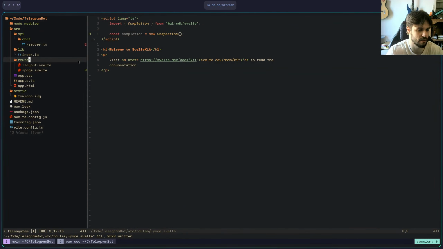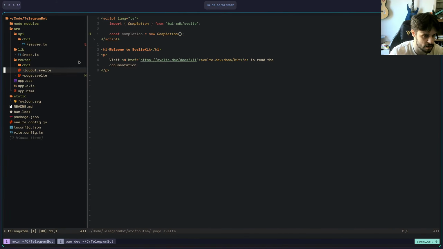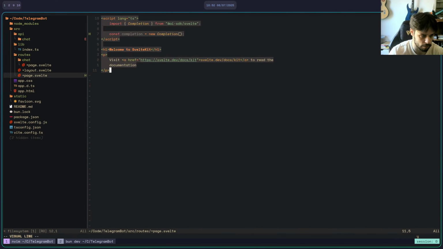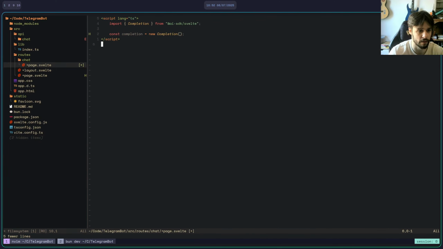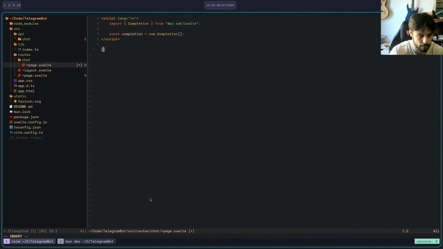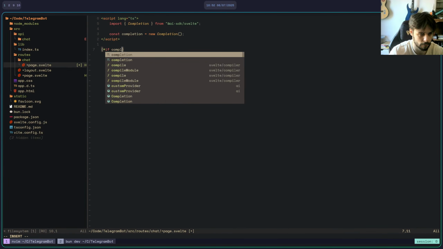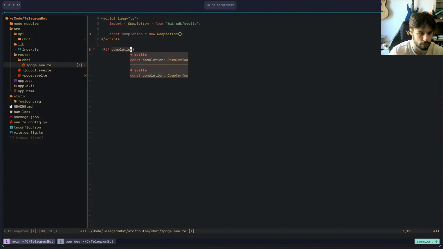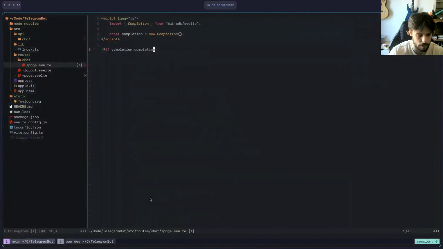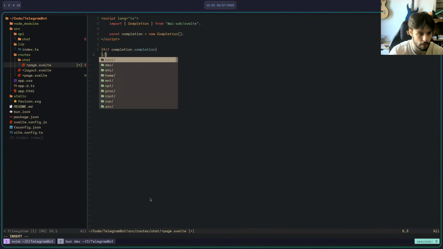Is this on chat? No, it needs to be on chat slash plus page.svelte. And then this is actually where we're going to be doing a lot of this stuff here. Completion.